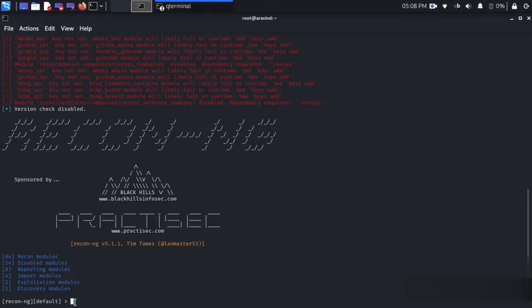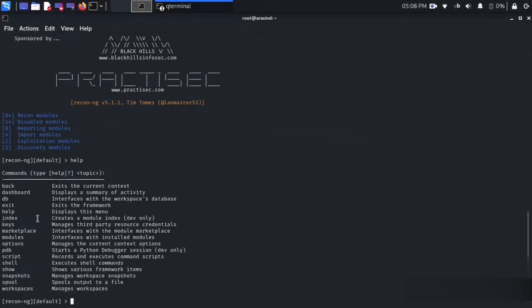Now we can look for help. Okay, help, and we can see all the commands that we can use in this ReconNG tool. We can check by typing help space the topic to get the help.